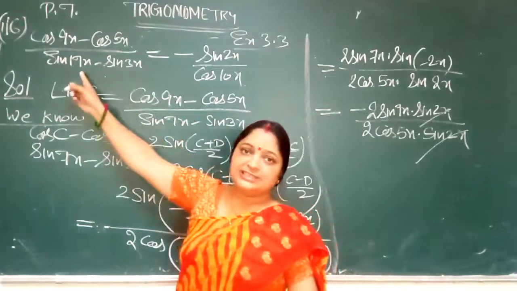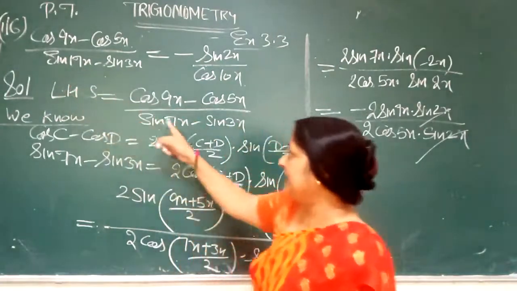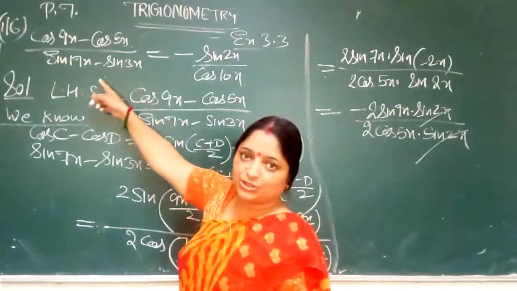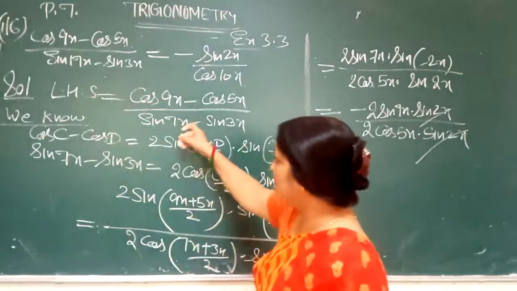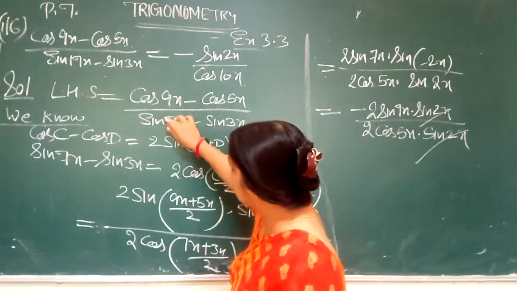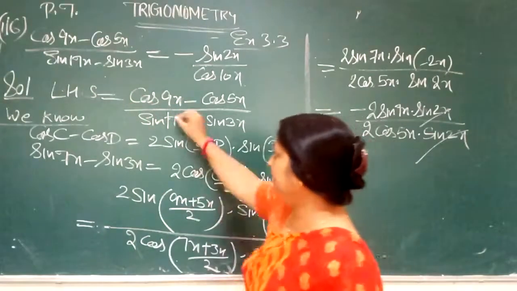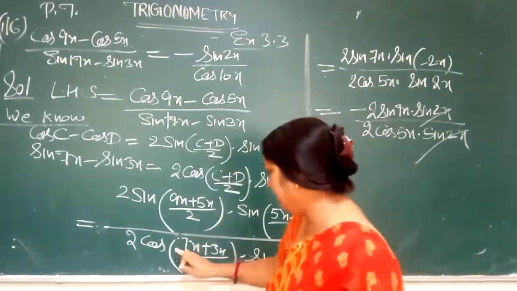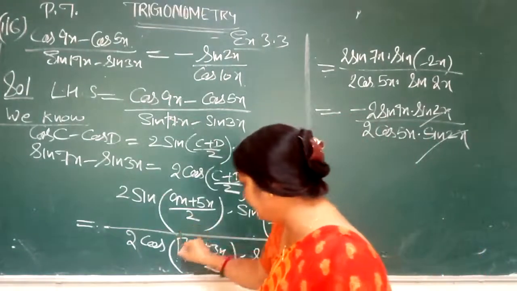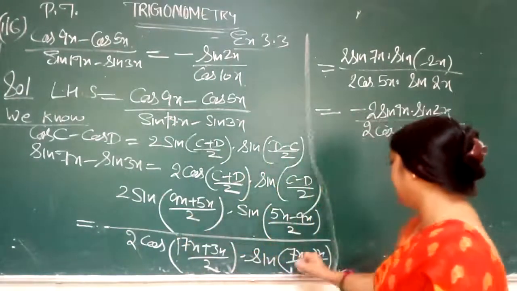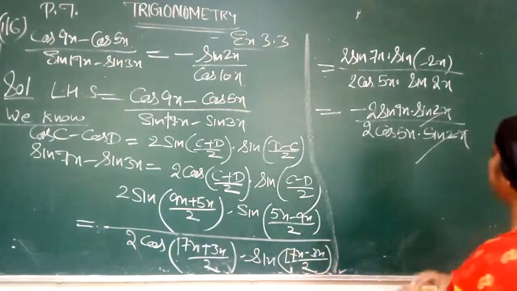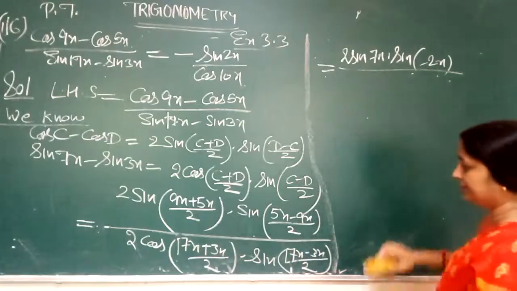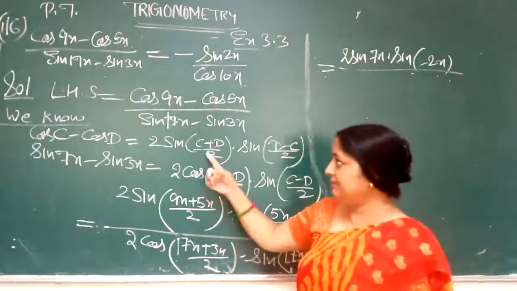Here, students, I have written sin 7x, but in the question, 17x is given. So correct it: it is 17x, not 7x. The formula is the same, only in the place of 7x we write 17x. Here also 17x. Now after that, it will change only in the denominator, because by mistake I have written here